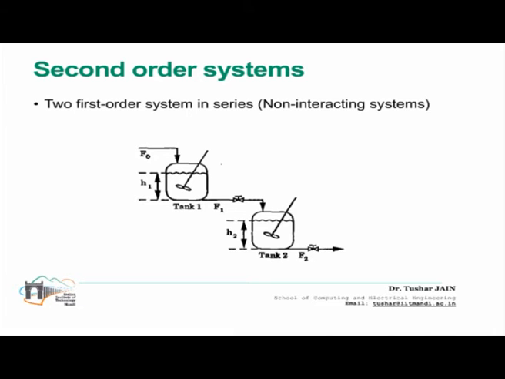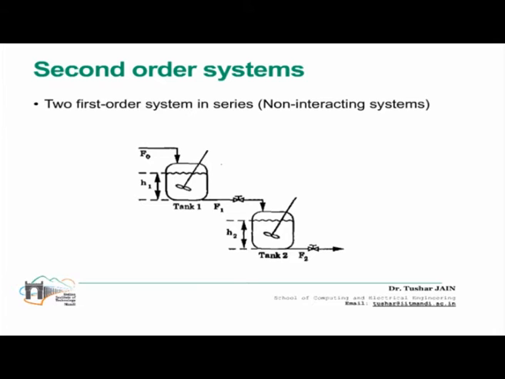Now moving to the second order system. In the process industries or in any applications, you will see two types of second order system. Either the first order systems are interacting, or the first order systems are non-interacting. And why am I speaking only about the first order system? Because if you see the general form of the second order system, it would be like this: tau 1 s plus 1, from let's say u1 to y1.